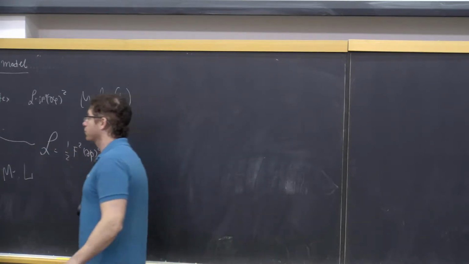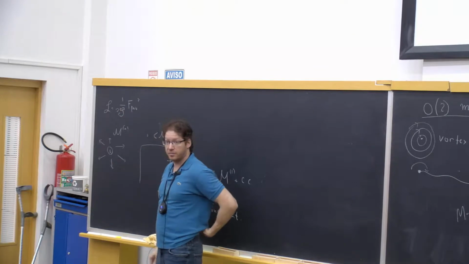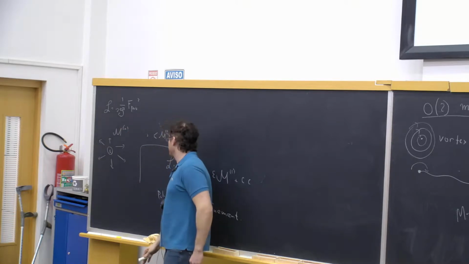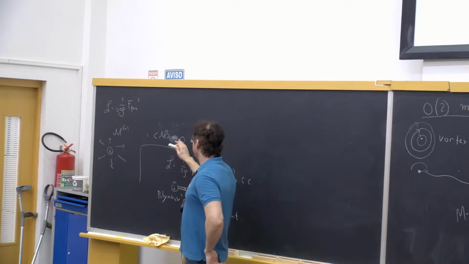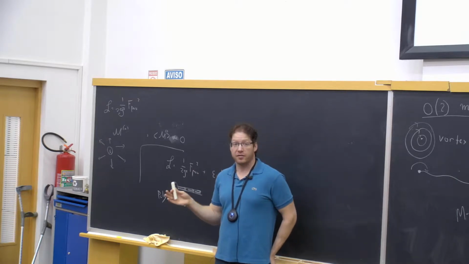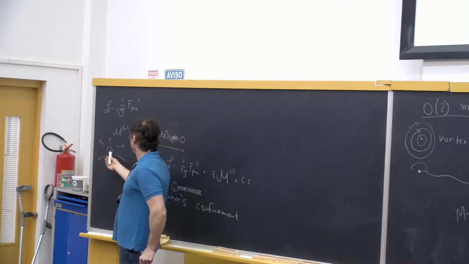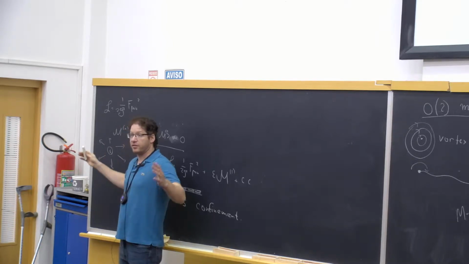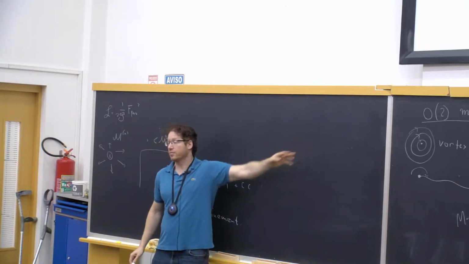And then to contrast these facts, we discussed just free Maxwell theory in 2+1 dimensions, free U(1) gauge theory. We discussed the existence of monopole operators, which are these abstract operators that lead to the breakdown of the magnetic U(1) symmetry. And we discussed the fact that the photon in 2+1 dimensions is nothing more than just a Nambu-Goldstone particle for the magnetic U(1) symmetry. Then we discussed the fact that if you put a point charge in 2+1 dimensions, there is a logarithmic divergence at long distances from the energy density in the electric field, very much akin to this fact about vortices.